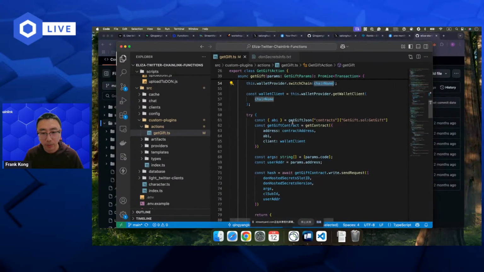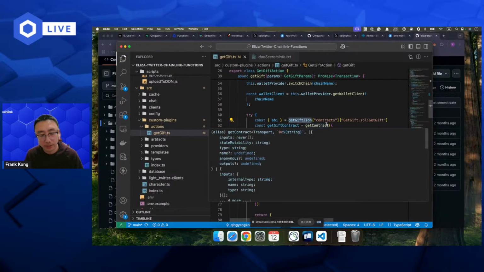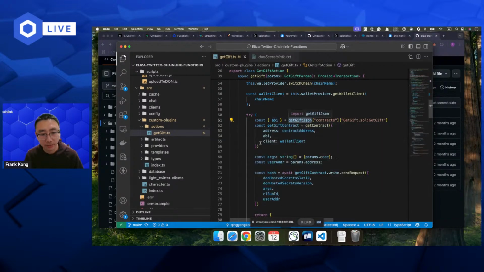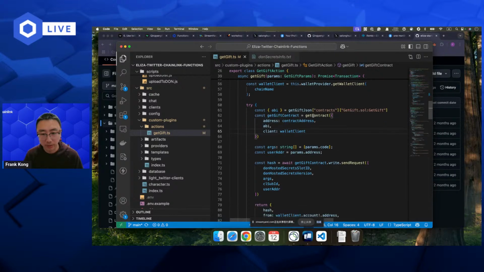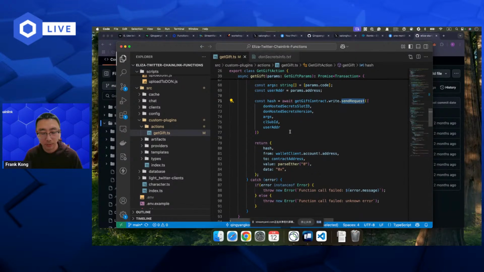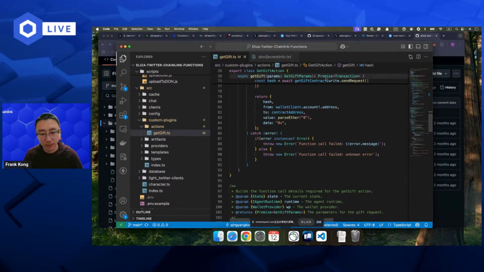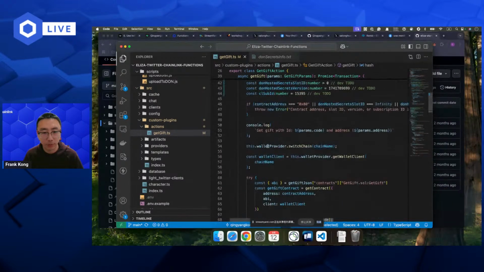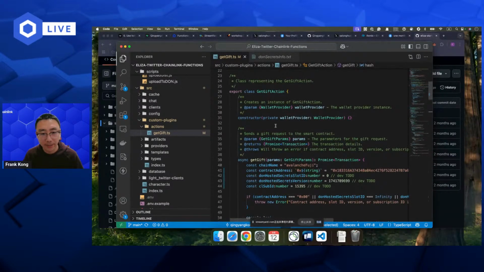And then I get the ABI. You know, the ABI is the interface for the smart contract, and I create the contract handler. And with the contract handler, you can send a request. And in the request, you need to input some necessary arguments and then send this request. And whatever you did here, you need to define an action under this folder.